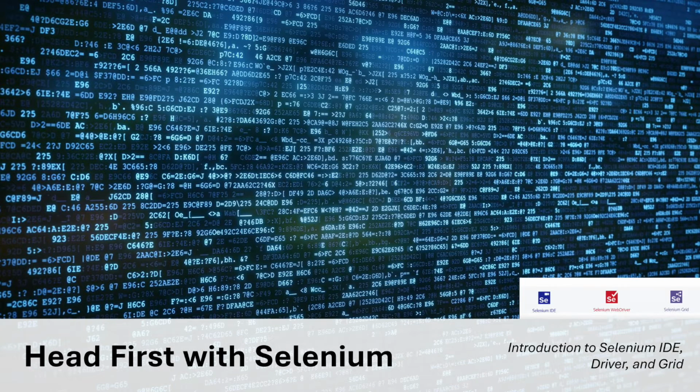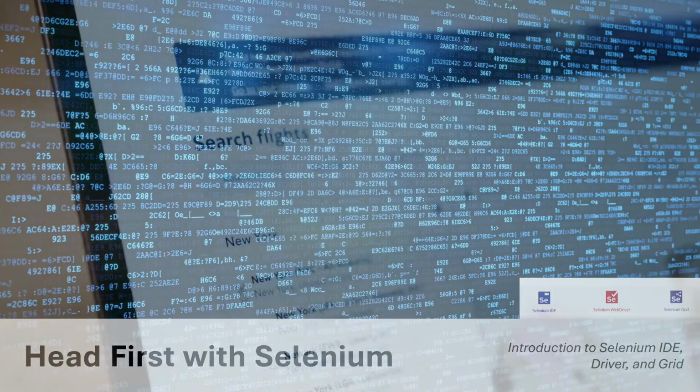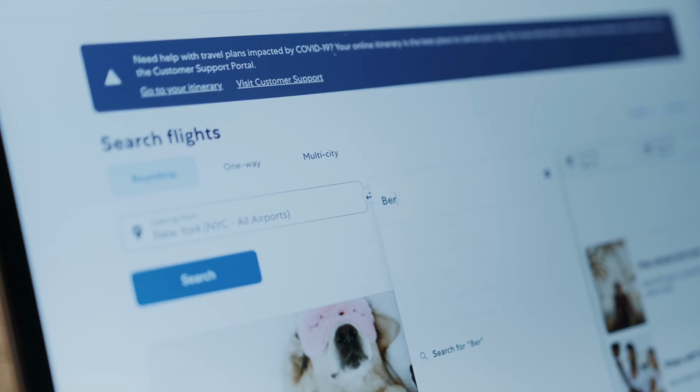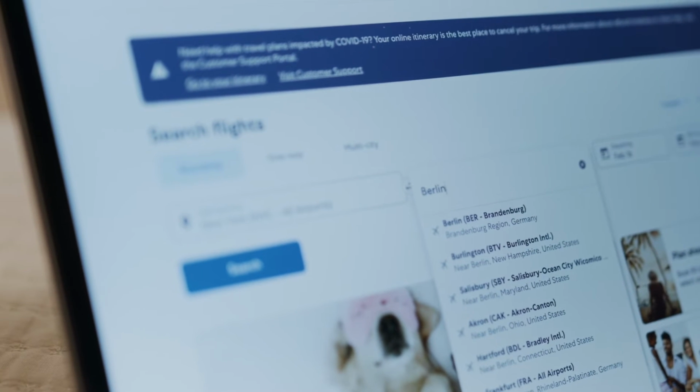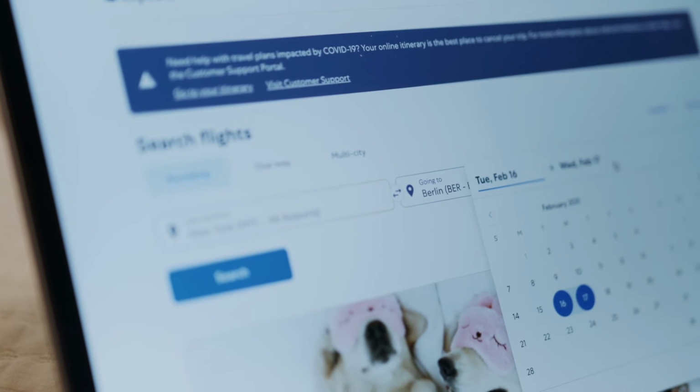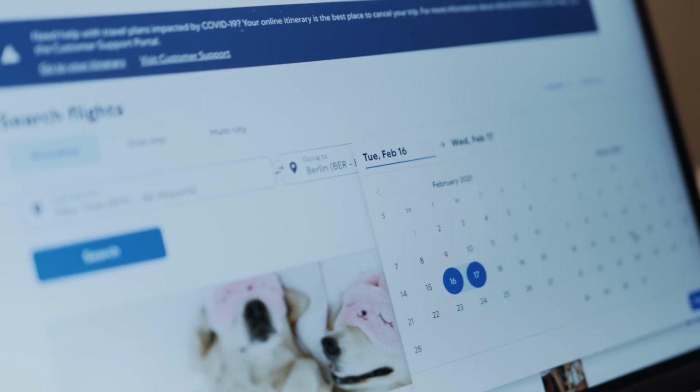If you're new here, I'm Aditya, and today we are diving headfirst into Selenium. Selenium is a powerful automation framework that's widely used for testing web applications. It's designed to make your life easier by automating repetitive tasks and ensuring your web application works flawlessly across different